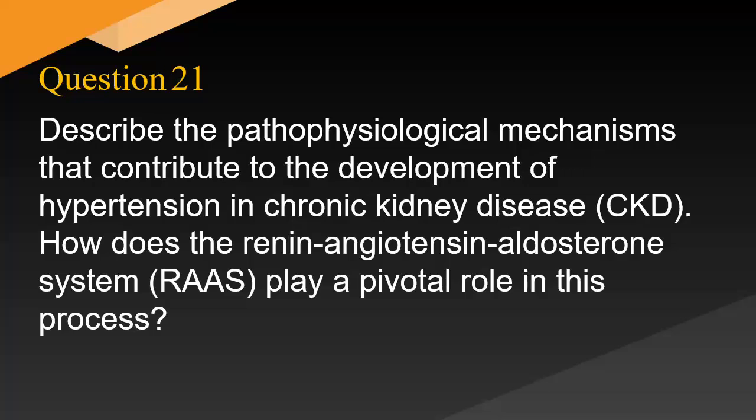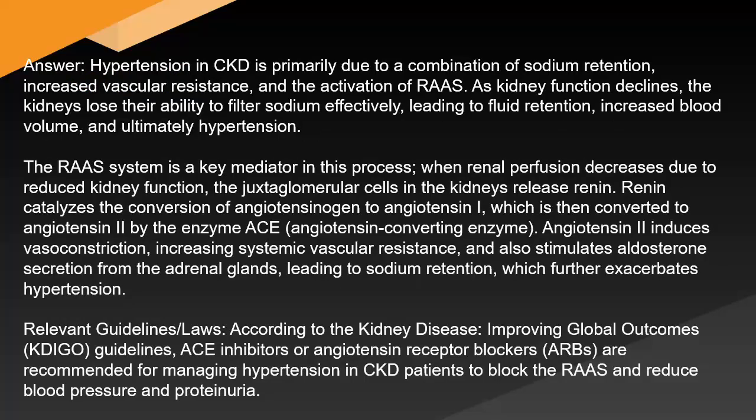How does the renin-angiotensin-aldosterone system, RAAS, play a pivotal role in this process? Answer: hypertension in CKD is primarily due to a combination of sodium retention, increased vascular resistance, and the activation of RAAS. As kidney function declines, the kidneys lose their ability to filter sodium effectively, leading to fluid retention, increased blood volume, and ultimately hypertension. The RAAS system is a key mediator in this process, so when renal perfusion decreases due